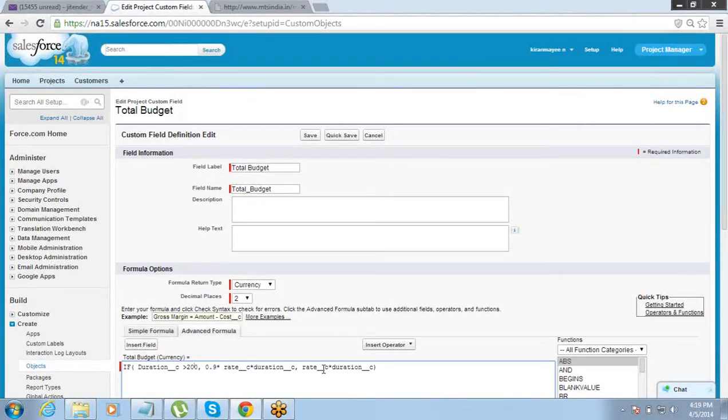If greater than 200, then make it 70%, and then another if comes in here. So just remove this part, put your next if here.